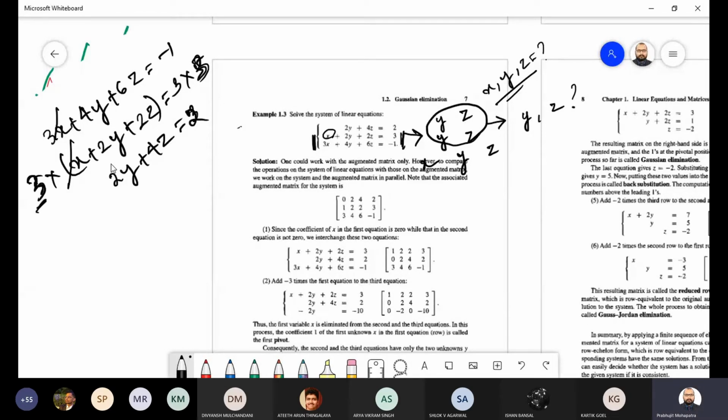Because if we do not multiply by this 3, we cannot eliminate this x. So what is our target? Our target is to eliminate this x from the second equation. So what do we have to do? First we have to multiply by 3, then we have to subtract, then this 3x will be cancelled. That is our target. So we can multiply any scalar value, and we have that freedom also. First, we can interchange any equations, and second, we can multiply any scalar value.